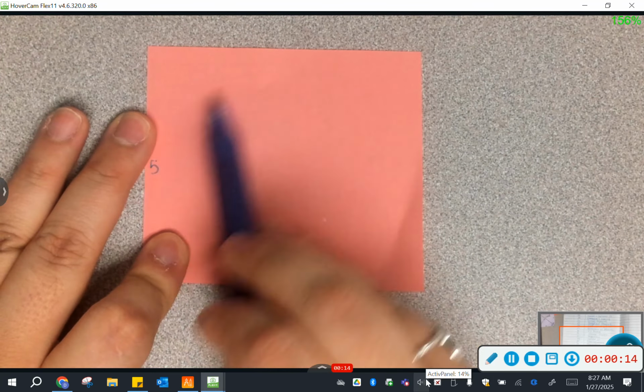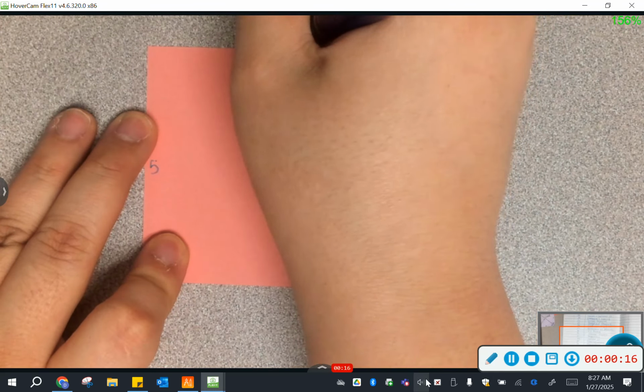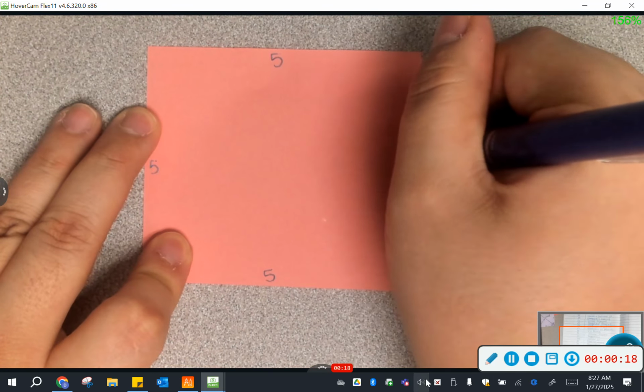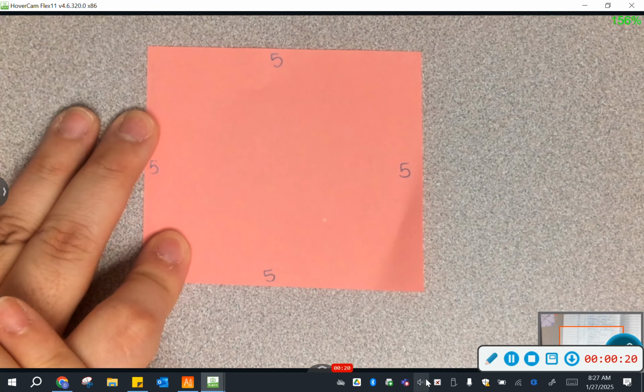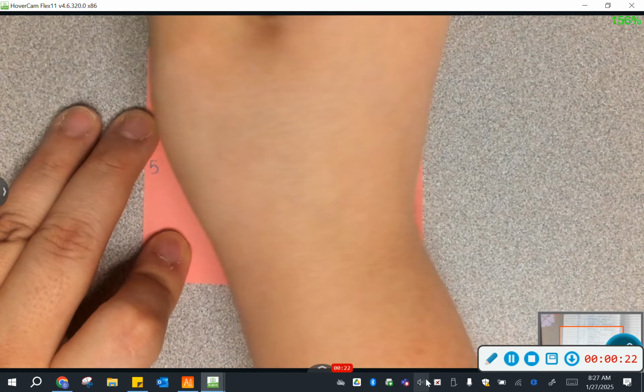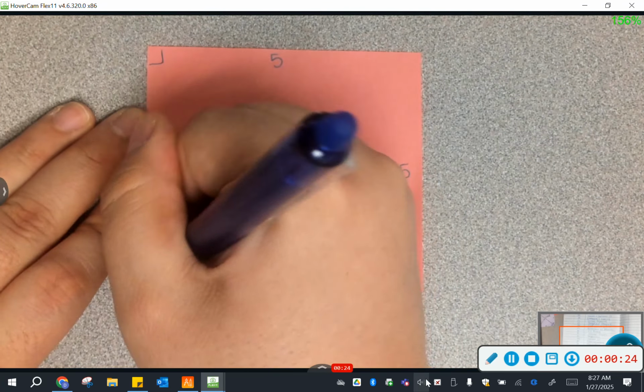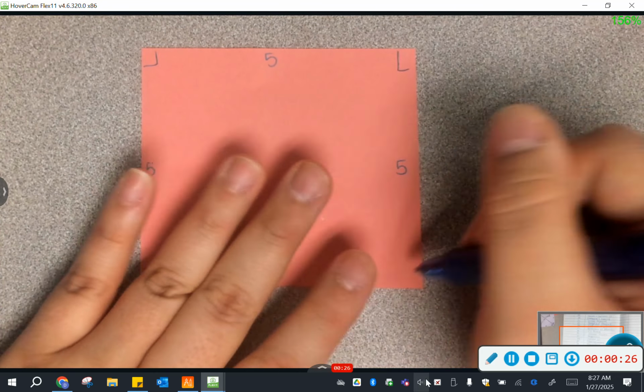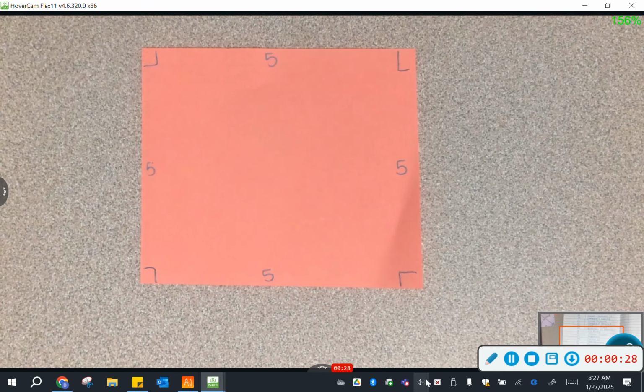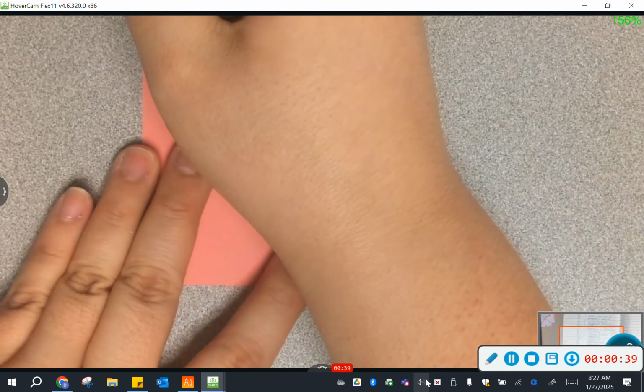So if this side is 5, what are all the sides? 5. And what are all my angles in a square? 90 degrees. Do y'all agree all of these are 90 degrees? Because that's literally the definition of a square. All the angles and all the sides are the same. Now, if you are going to have questions that ask you the length of the